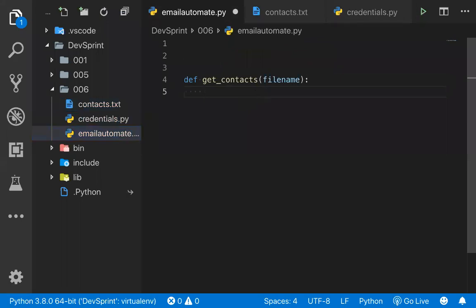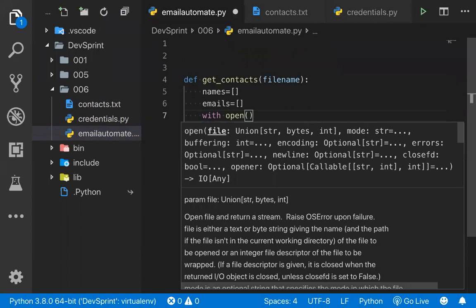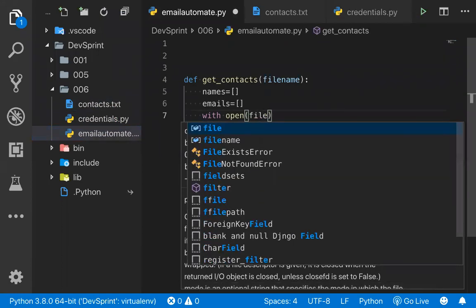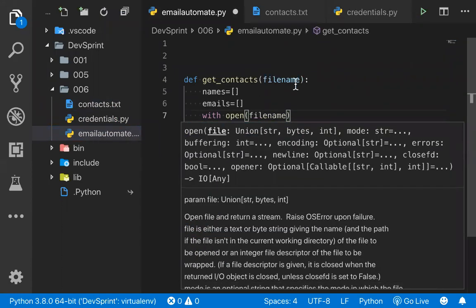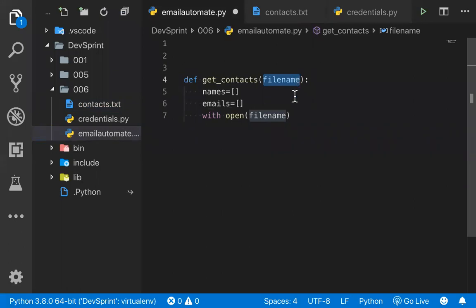So for that, what I will do is take the names into a separate list, an empty list, and another one, emails, which is also an empty list. I will tell you why we are taking that. To open a file, we can use with open. Open is the function to open the file, and the file name is what we are sending here, followed by a comma.